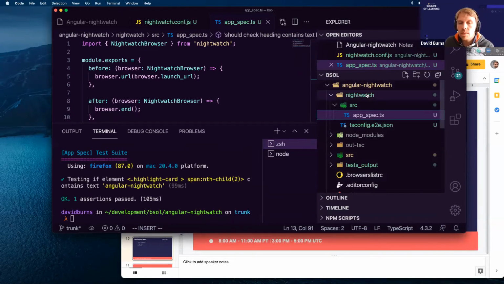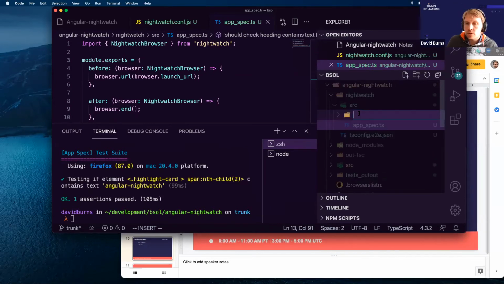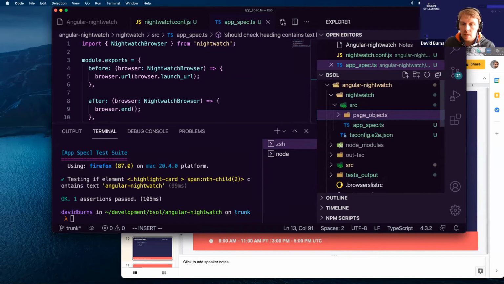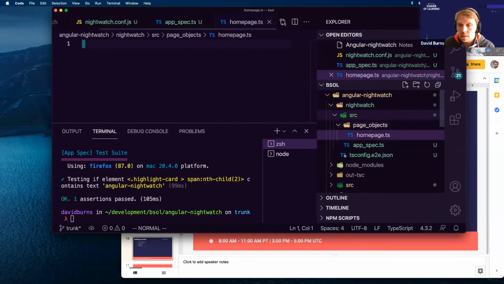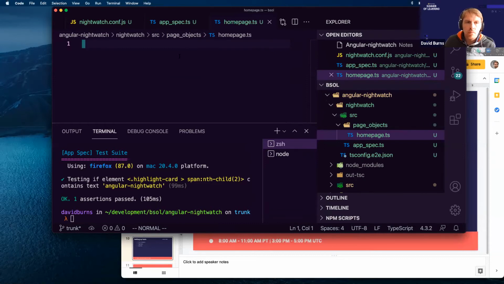the common way to do this would be to create a new directory, page objects, and in there we'll go homepage.ts. Sometimes you might see files called tsx, and if they have certain components in them, they'll have a tsx. I'm not going to go through the whole thing, but what you can do here is create your